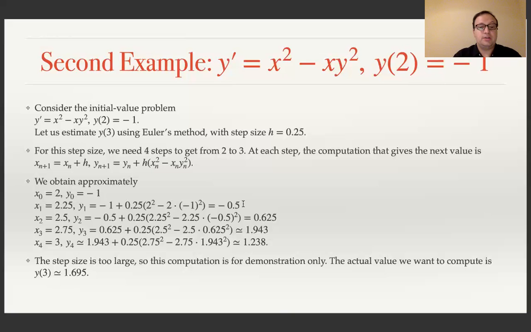So this turns out to be minus 0.5. And we keep doing this. In order to compute y2, we use the values computed at step 1. In order to compute y3, we use the values computed at step 2. And in order to compute y4, we use the values computed at step 3. And eventually, we end up with this value, approximately